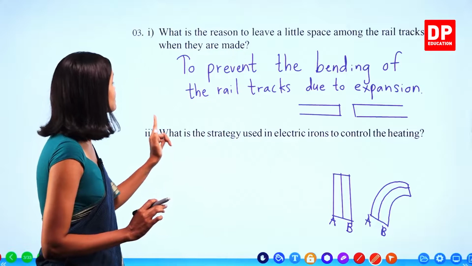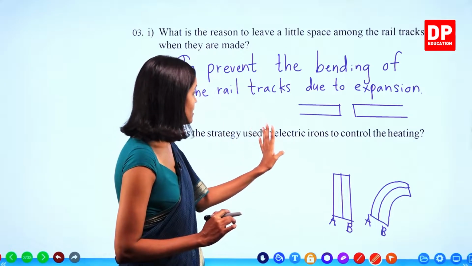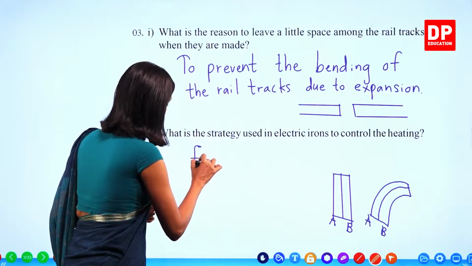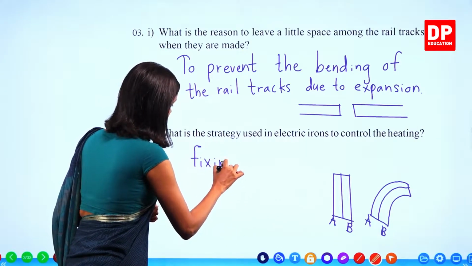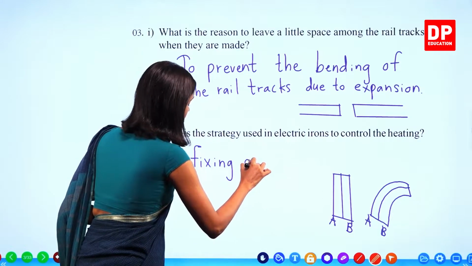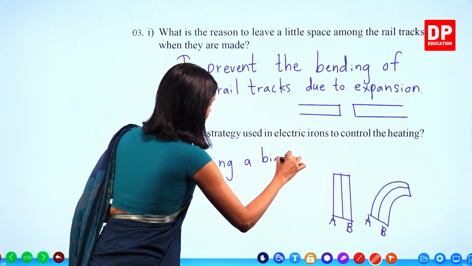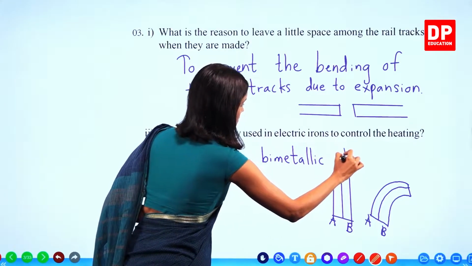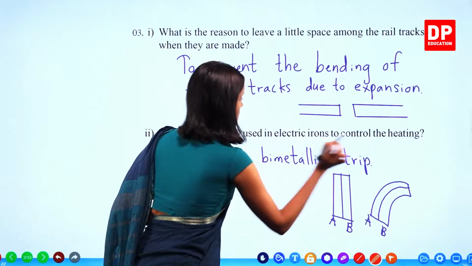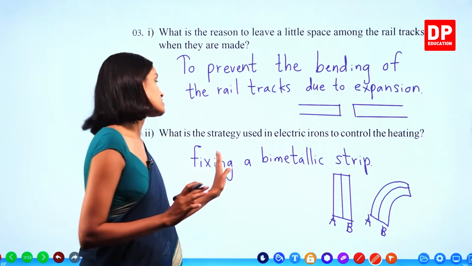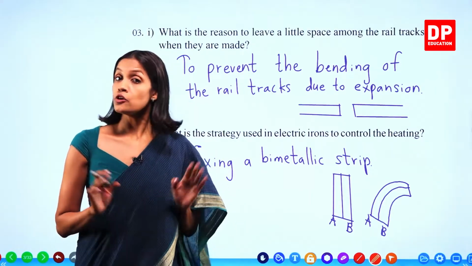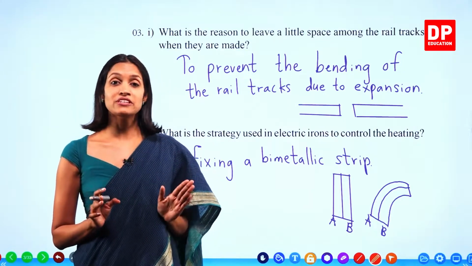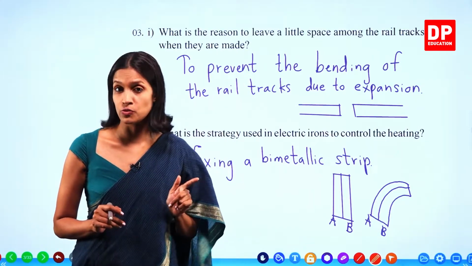Right? So, what is the strategy used in electric irons to control the heating? Fixing a bimetallic strip. Right? Fixing a bimetallic strip. Okay, children? Right. Now we have completed the activity or exercise given in the textbook,